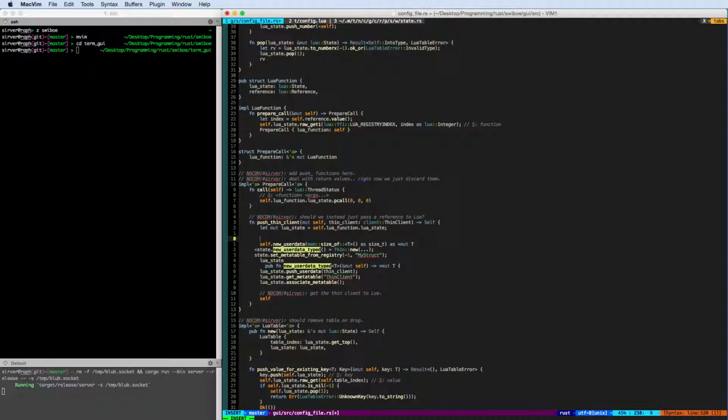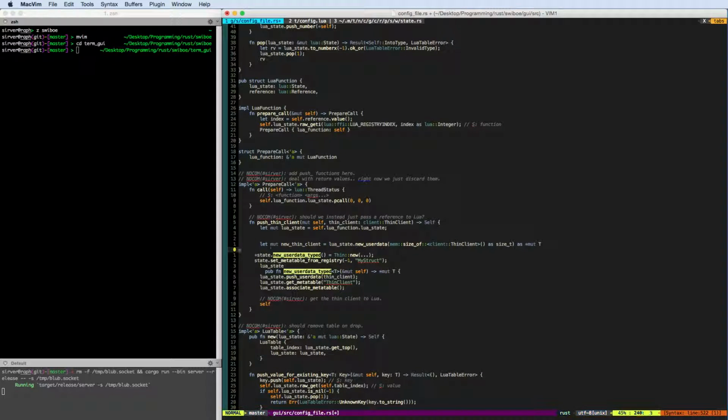Whoa, people, that now gets really unsafe. Really unsafe. So Lua state, we would like to get a pointer, please, that is the size of a thin client, right? And we would like to get that back as a mutable pointer. I think that's fine. New thin client is this one, and that is now owned by Lua. And now what we would like to do is actually